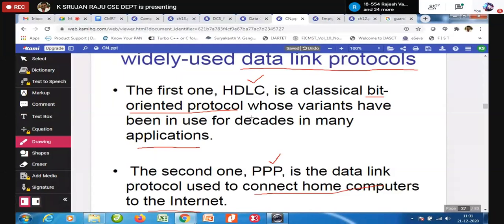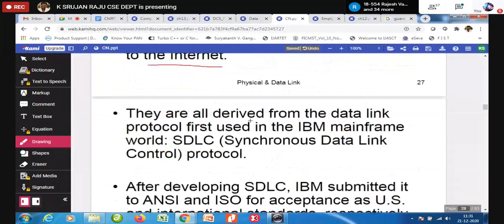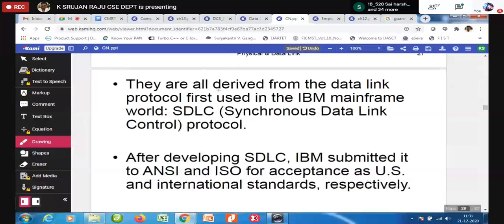Now let us go through this. They are all derived from a data link protocol first used in IBM, called SDLC, the synchronous data link control protocol. After developing it, there were a lot of modifications. IBM submitted it to ANSI and ISO for acceptance as international standards.